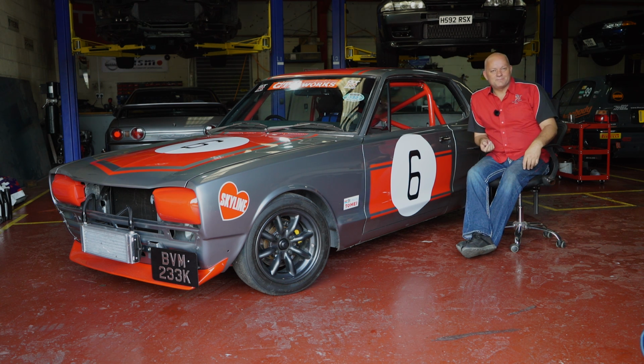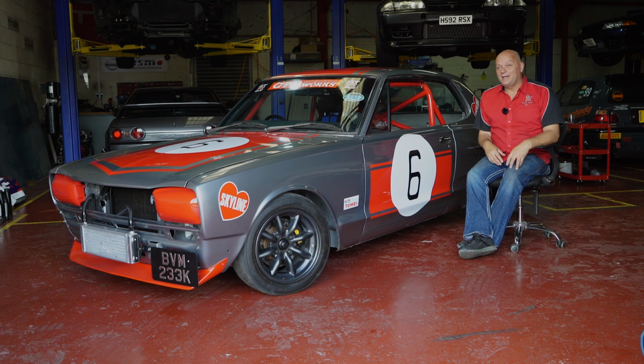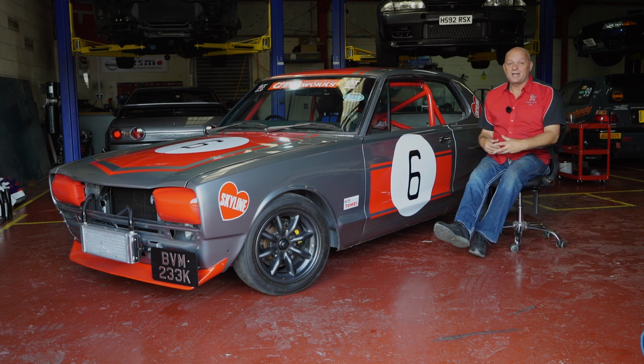looking through the internet as a lot of petrol heads do every minute of the day, I came across some images of a car in Japan, which was a very early Nissan Skyline. Never seen one before, and I don't think a lot of people had at that stage, and it kind of caught my fancy. Coming from big powerful RB26 Nissan Skyline GTRs, I felt that I really wanted to go towards something a little bit more original, a little bit more old school, as opposed to moving up the generations. So with a friend of mine who worked for Cosworth Engineering, we set about looking for a Hakosuka in